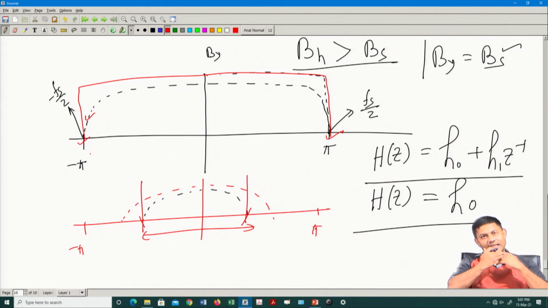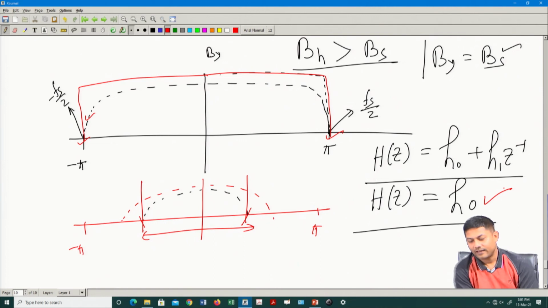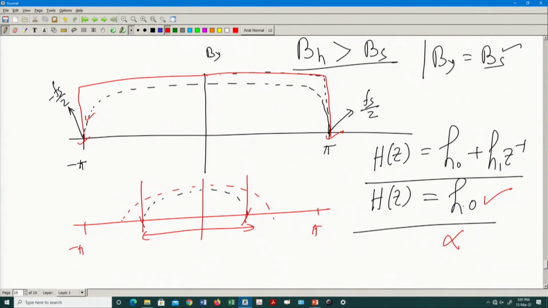If it is an all pass filter, it just passes on each and every component of your transmission bandwidth. So this is one scenario where I can think the channel just passes everything. So, what is the bandwidth of such a channel? Bandwidth is infinite, because this is just one tap, right? One tap meaning it is just one impulse. Bandwidth is infinite, right? If it is just one tap, this is your H0. So, what is the bandwidth? Bandwidth will be infinite bandwidth.